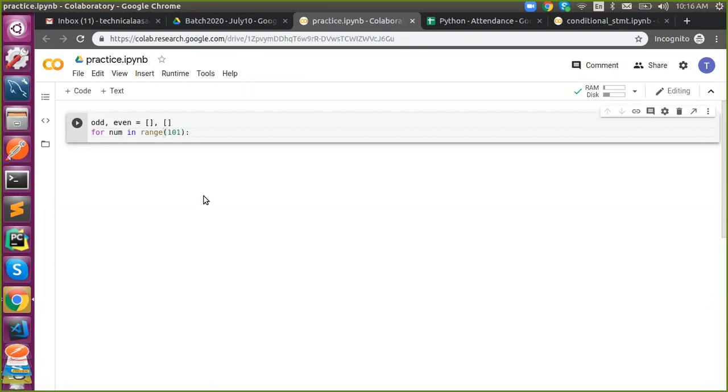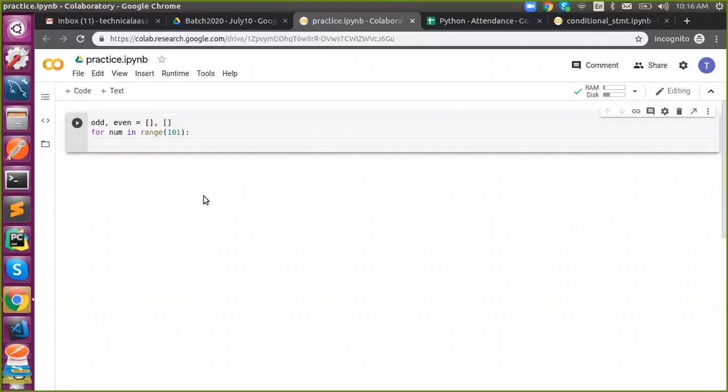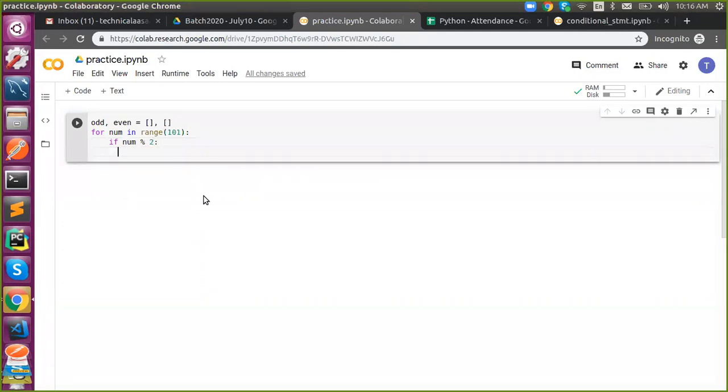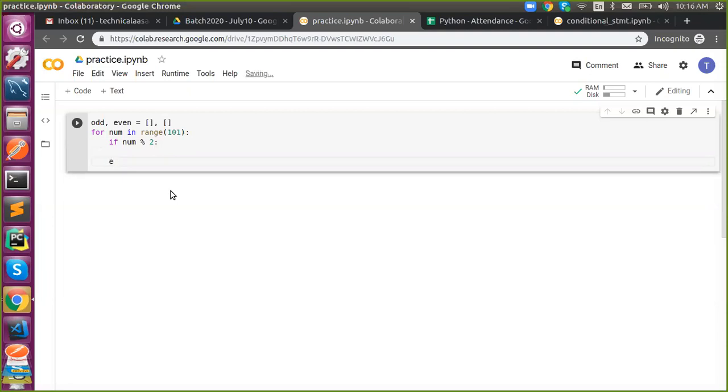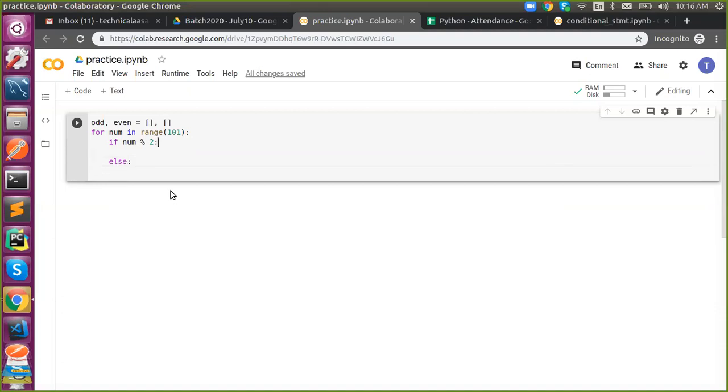That's up to you. And we are supposed to segregate if it is odd or even. So we all know that formula. If num modulo of 2, where to append? If number modulo 2, where to append, odd or even? Even. Even how? If number modulo 2, is it even or odd? Odd. It's odd. How? It is false, right?